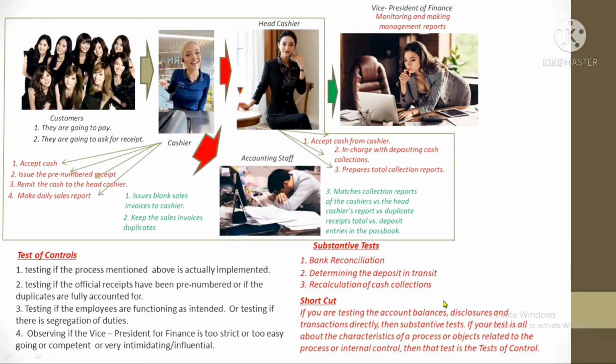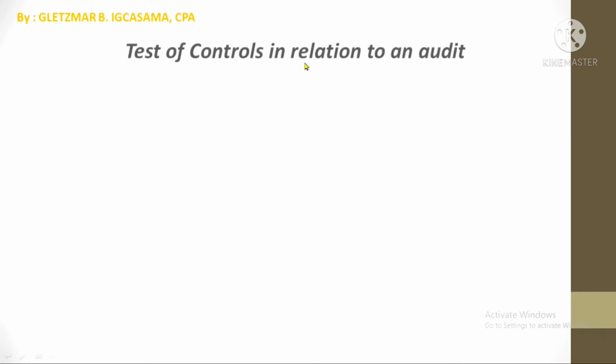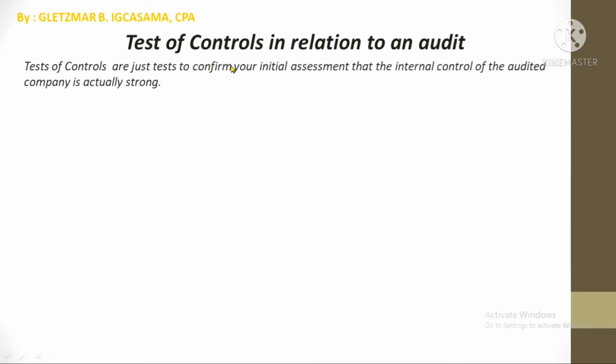So that's it. So let's go back here and let's put a check mark in this one because we are finished with this one. Now, let's go to the last part. Don't worry, this is shorter than this one. So we have test of controls in relation to audit. Actually, test of controls are just tests to confirm your initial assessment that the internal control of the audited company